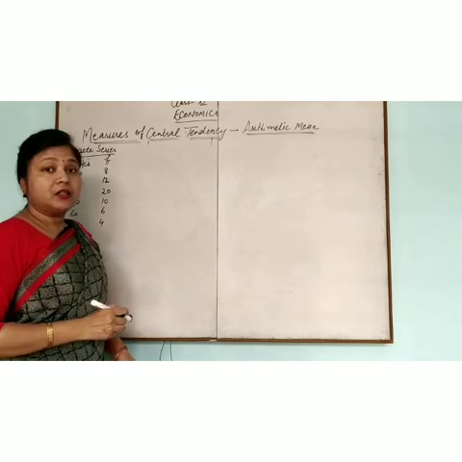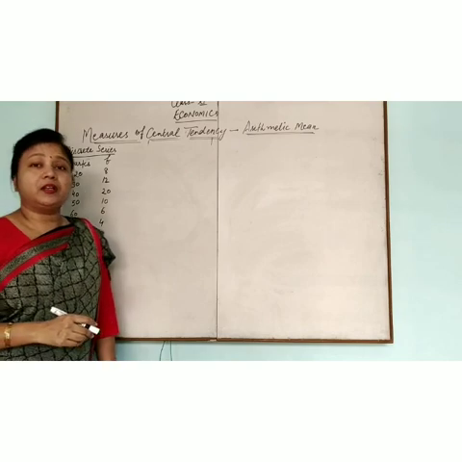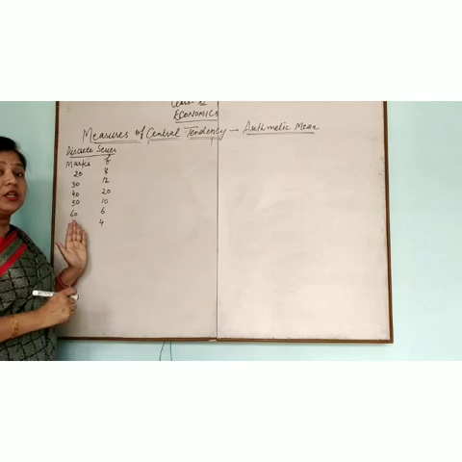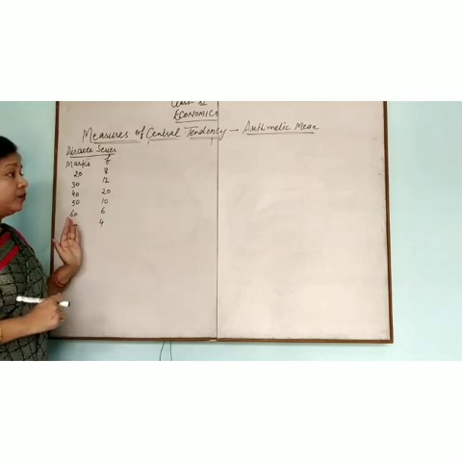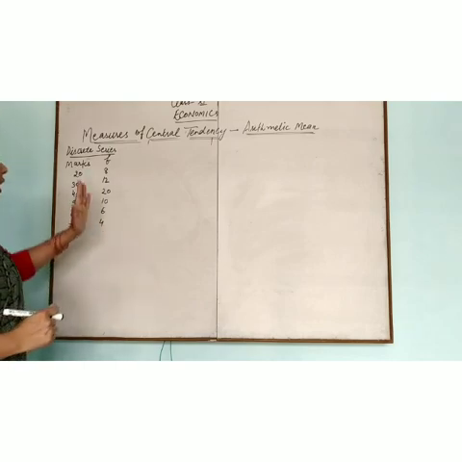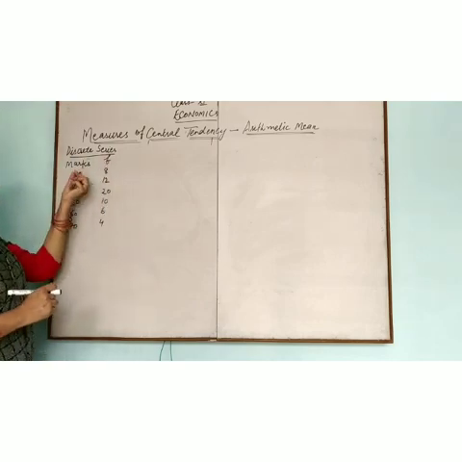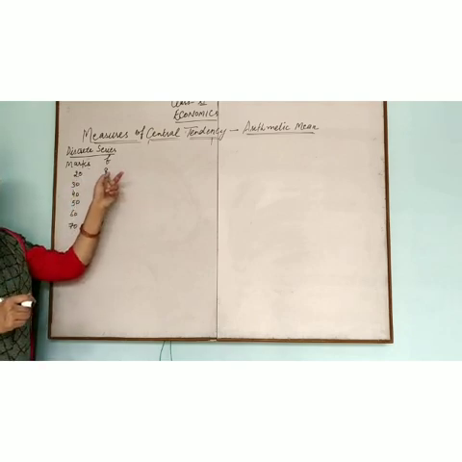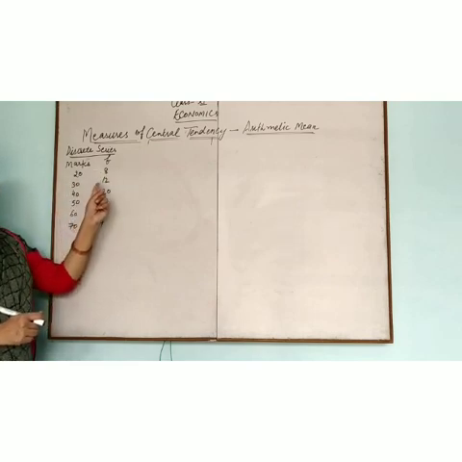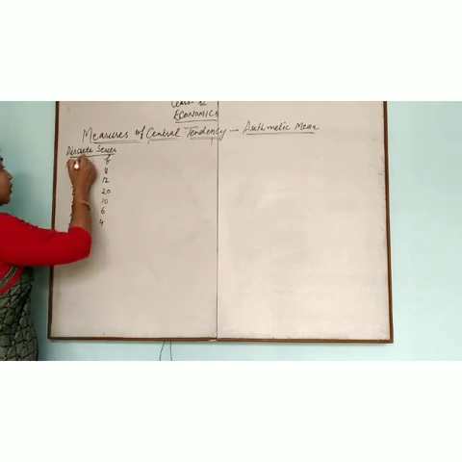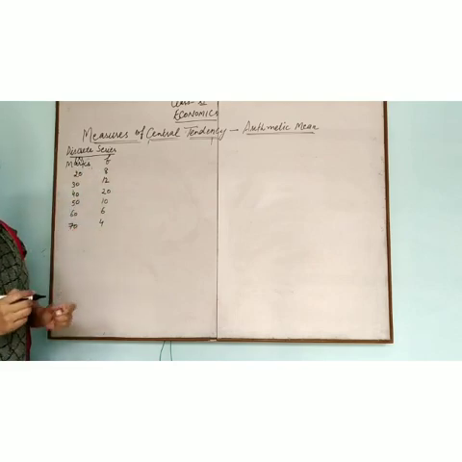Discrete series. We will discuss how we can calculate the arithmetic mean using the discrete series. Discrete series is an ungrouped frequency distribution series, in which items are repeated. 20 is repeated 8 times. This repetition is known as frequency. 30 is repeated 12 times. This repetition is known as frequency. So here x and f. X is the variable and f is the frequency.